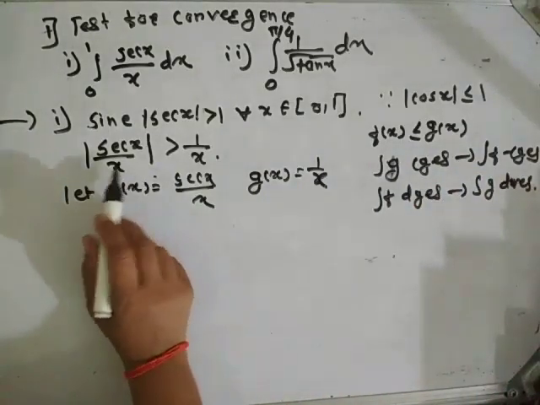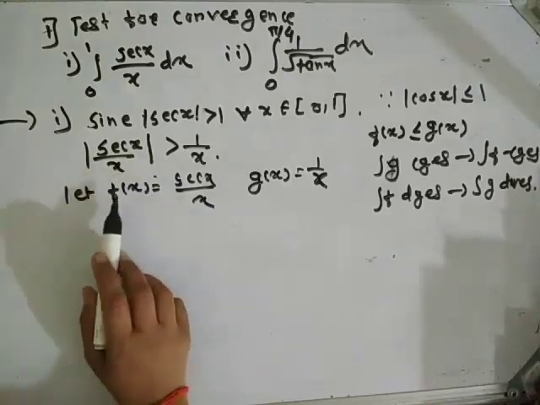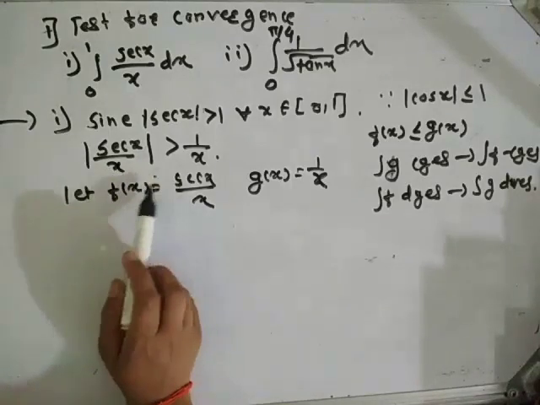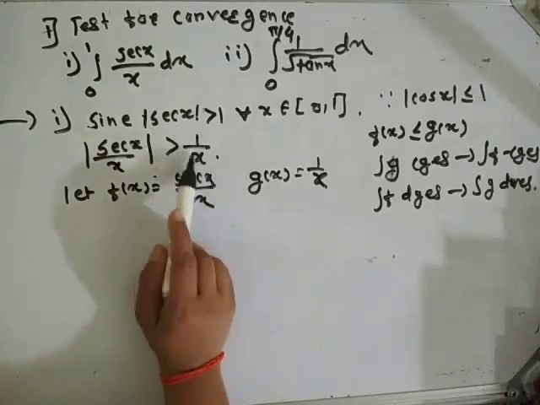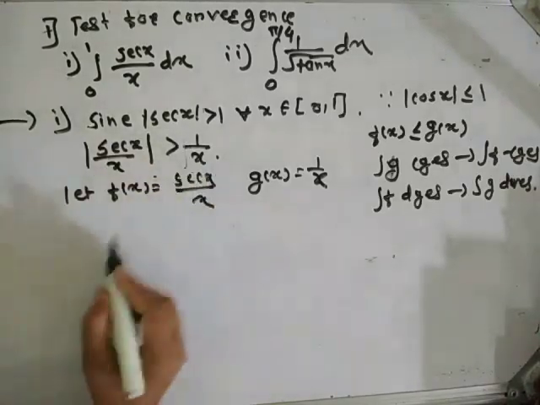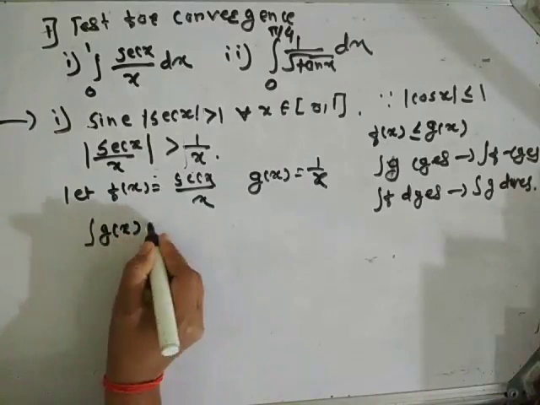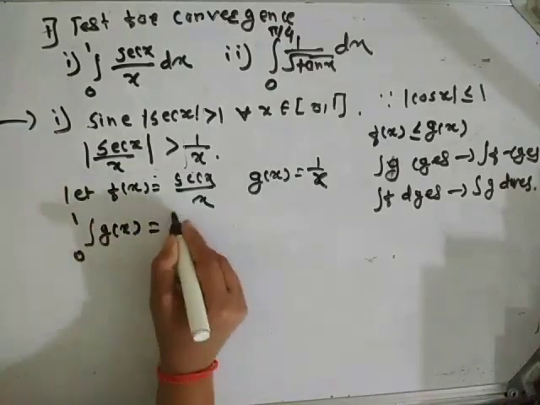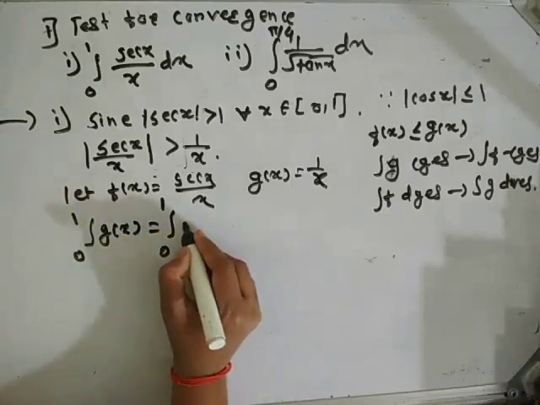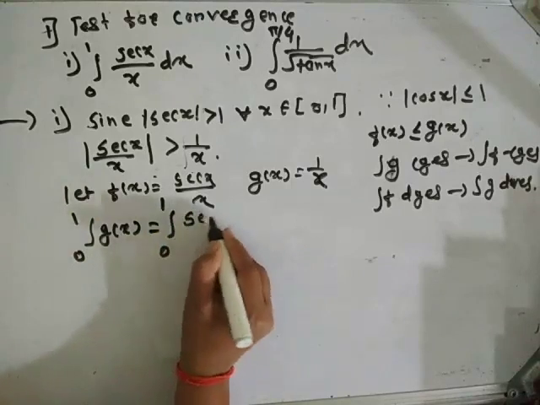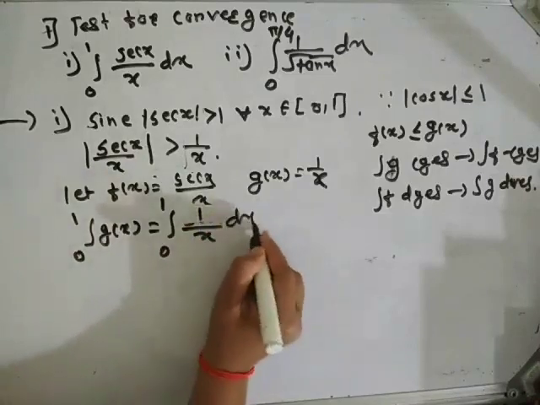Now here we have f of x greater than or equal to g of x. If this integral of g of x from 0 to 1, not sec x, it is 1 upon x dx,